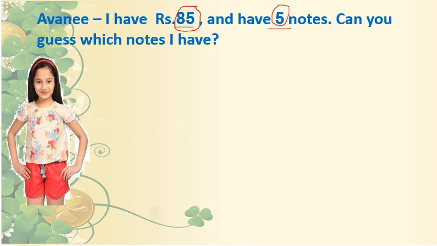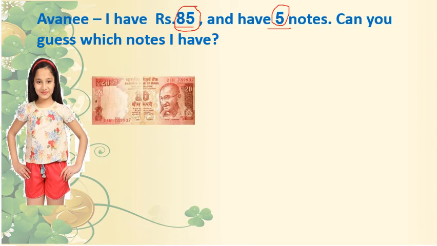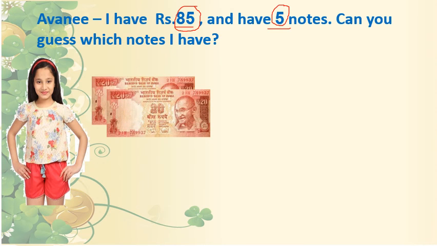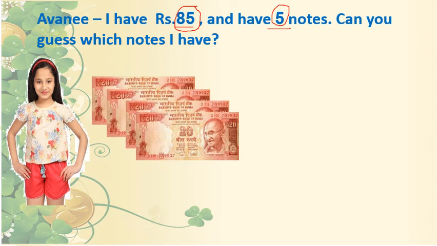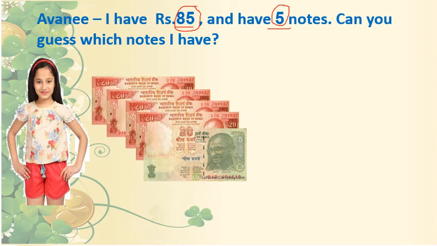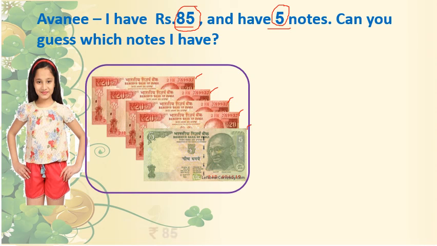We will see. First we will take a 50 rupee note. Okay, 20 rupee note 1. 20 rupee second note means 40. This became 60. This became 80. And 1 5 rupee note. Yes, we are right. 1, 2, 3, 4 and 5. 5 notes we got and the total is nothing but rupees 85. You are right.